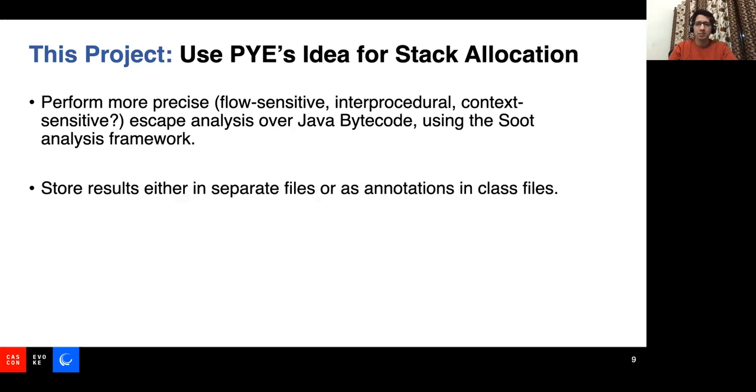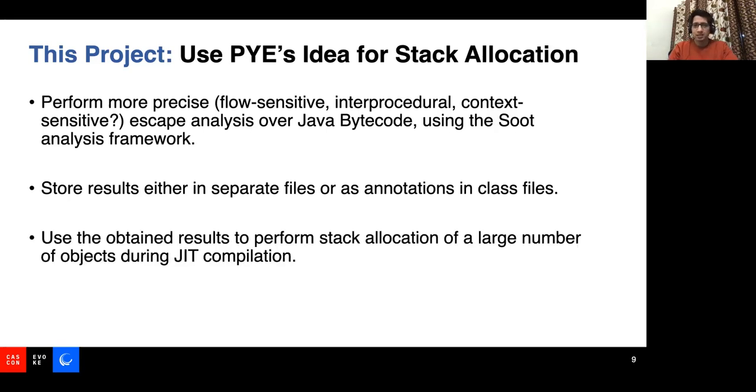Store these precise escape analysis results in, say, either separate files like .res files as we have seen on the last slide, or perhaps as annotations in the class files themselves. Take these results along with the class files to the JVM before execution, and then use these results to perform stack allocation of hopefully a much larger number of objects during JIT compilation. That's the overall theme of this project.